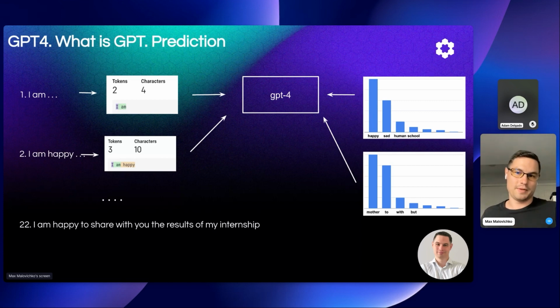And if we're gonna be precise, it doesn't even predict the next word. It just predicts the next token. But for simplicity's sake, let's say it's a word. So we give an original input string which says "I am." It gives the probability distribution. It picks one of the words. Let's say the next one is "I am happy." And basically it iterates over the same process again and again. It could be hundreds of iterations, until essentially the desired result is produced. So that's, in very simplified terms, what it's doing.